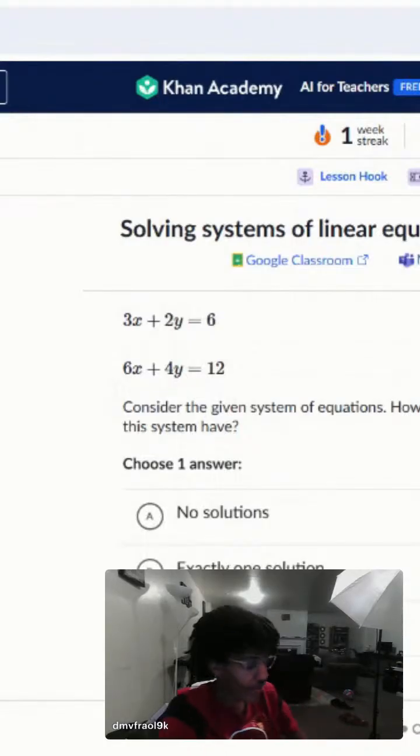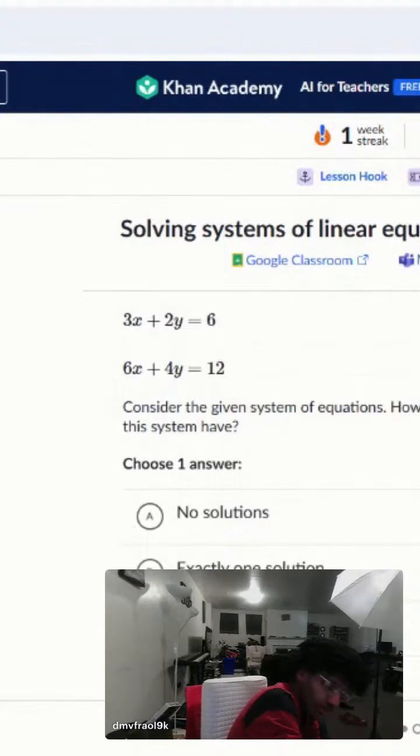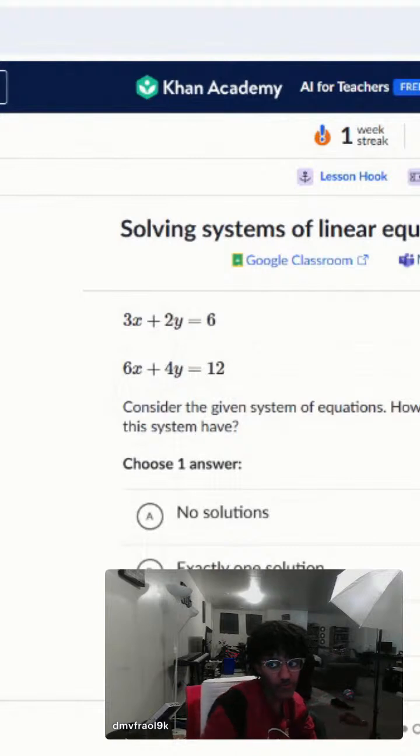I know how to do this. Never mind, I know how to do this. So we first start with 6x plus 4y. We take 4y from both sides. And then 4 minus 4 is